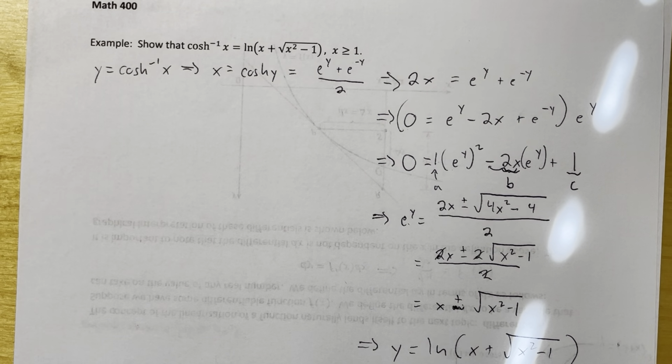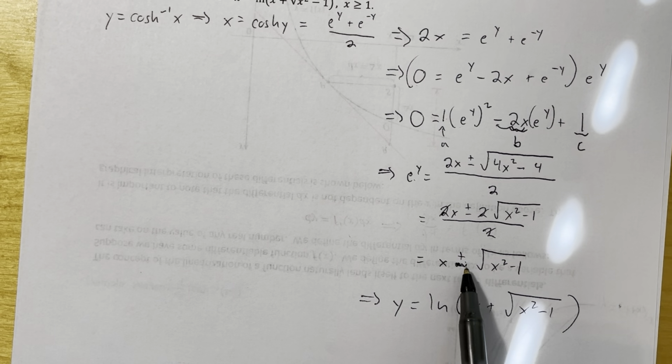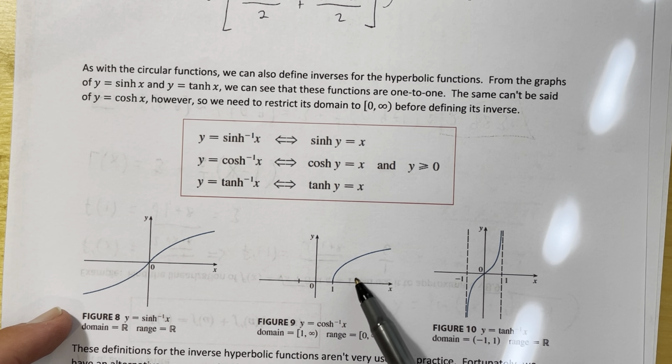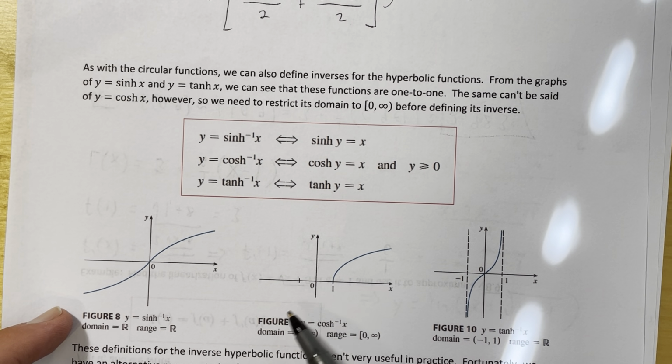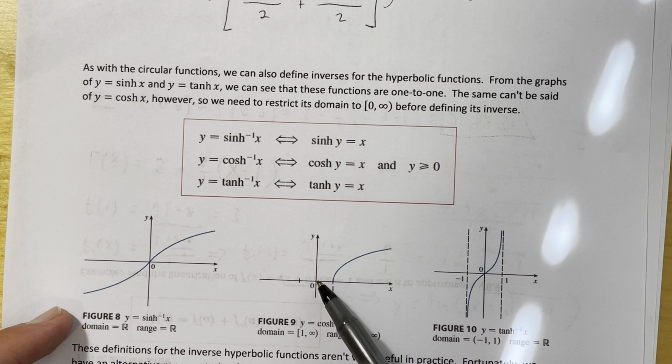Okay? So again, I kind of botched my explanation for why this minus is appearing here. Basically, this is because we want, come back to my graph here. There we go. We want this branch of our cosh function after being reflected across the line y equals x to be appearing here. Notice, if I go back to my original cosh function,